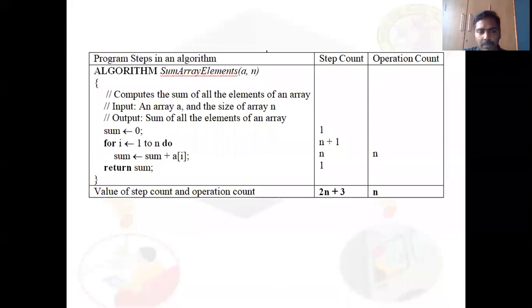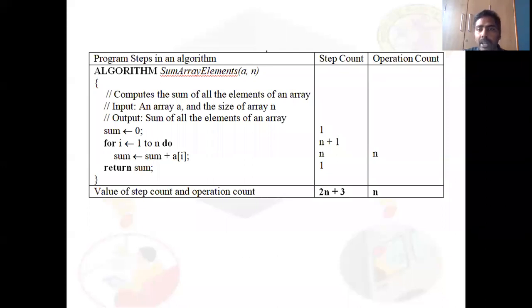Okay, that operation we call the basic operation, and I need to determine the number of times that basic operation is going to execute. And that is nothing but the operation count. Got it? Operation count, I repeat, is nothing but the number of times the basic operation of an algorithm will be executed. Clear? I think now you're clear with the step count and operation count. And in all my further sessions, we are dealing only with operation count, not the step count.